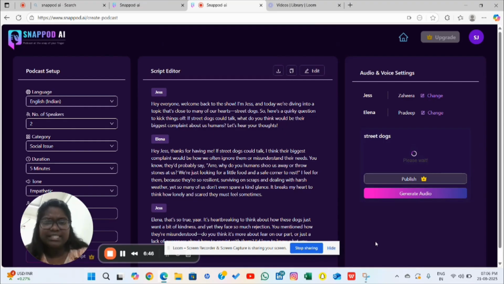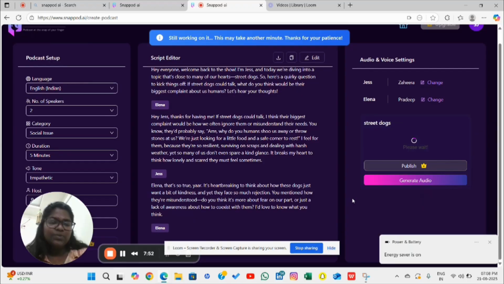This is the best application that I've been using for the past few days. Thank you, guys. Snappod AI is a really helpful tool which takes care of one of the hardest parts of podcasting, which is writing the scripts. In short, Snappod AI makes podcasting simple, fast, and accessible for everyone, whether you're starting out or already an experienced person. Thank you so much, Snappod AI, for bringing out this application for people like us who can't put so much time and effort into writing podcast scripts. So thank you.